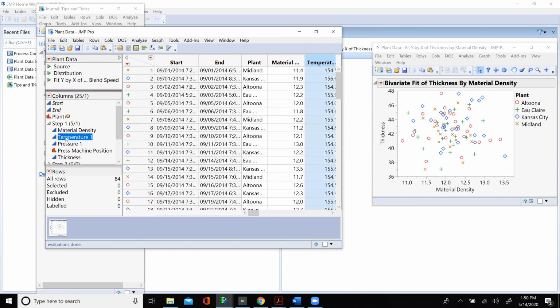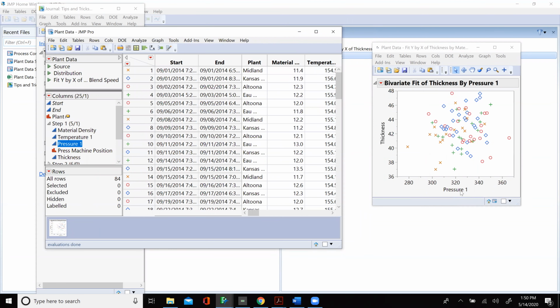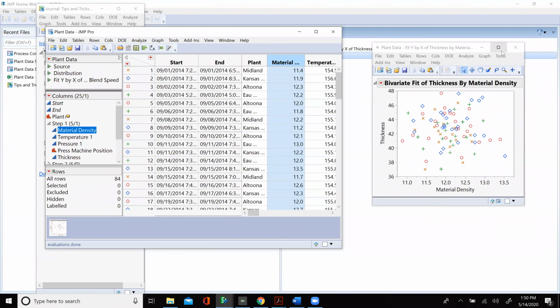Okay, do not do this next step. If you say, well, Heath, I also want to look at temperature, to see if it's between thickness and temperature, you can take temperature 1 and just drag it over to the x-axis. Oh, there looks like there's a relationship there. And now, Heath, I also want to check between thickness and pressure. Okay, we'll just take pressure and drag it over to the x-axis. Now you think, hey, that's pretty cool, Heath. It looks like you're just switching out the variables, the columns. That's exactly what I'm doing.